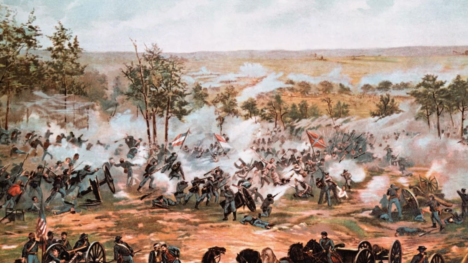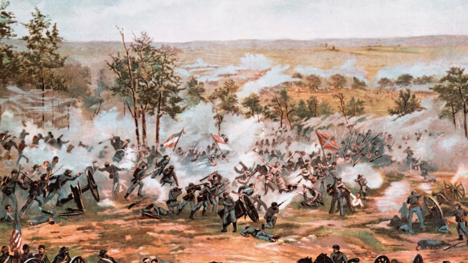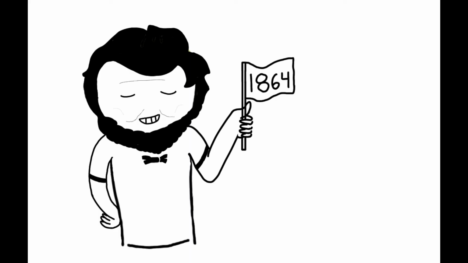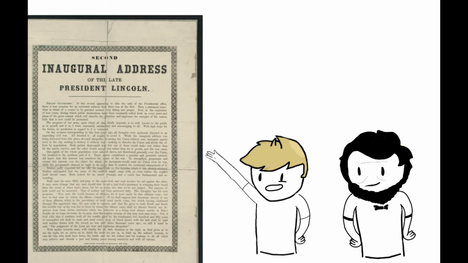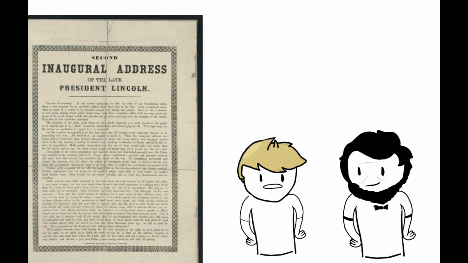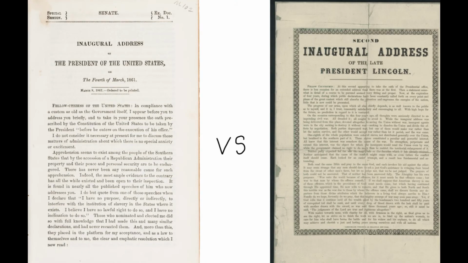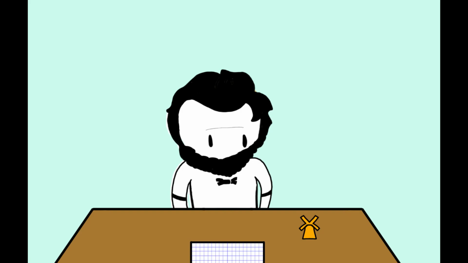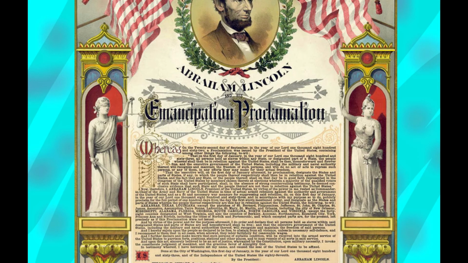Following several more Union victories, specifically those conducted under General Grant, is Lincoln's re-election in 1864. We can easily see the change in the Union's attitude and purpose in Lincoln's second inaugural address. This is drastically different from his first inaugural address because now Lincoln wants to basically destroy the South and rebuild it in Republican image. Again, this reflects on the changes the Emancipation Proclamation caused for the purpose of the Union.